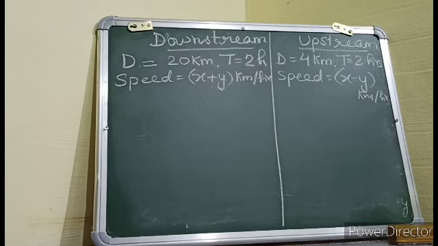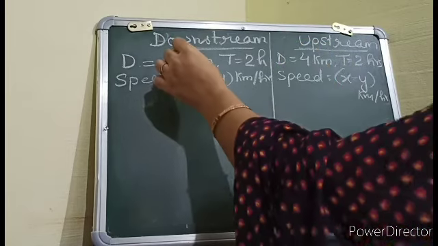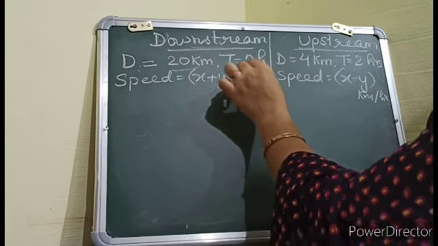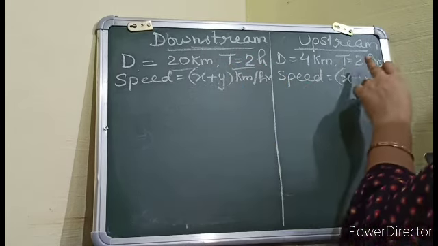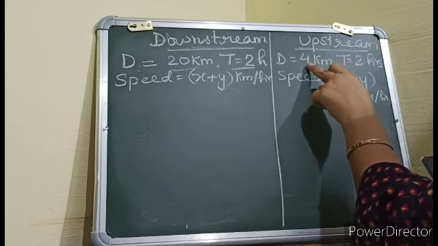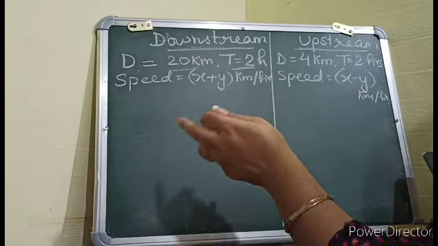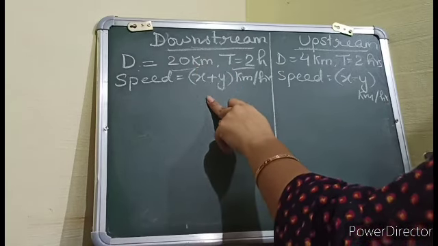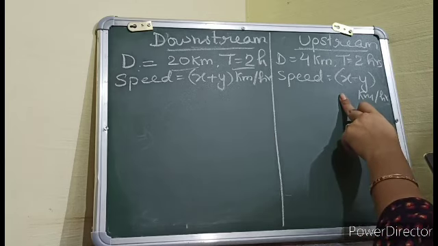So in this question we have summarized now distance, downstream case and upstream case. There are two cases. In downstream, distance is given as 20 km in the question and time is 2 hours. Means in 2 hours she is covering 20 kilometer distance, and in upstream in 2 hours she is covering 4 kilometer distance. Now the speed that we have talked about: in downstream speed will be x plus y. Final speed of Ritu will be x plus y and final speed upstream will be x minus y here.